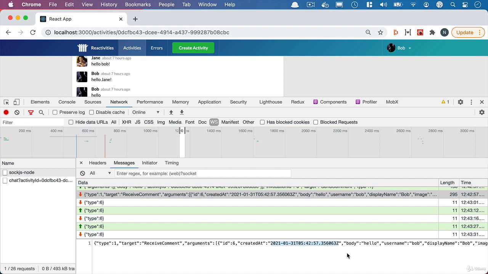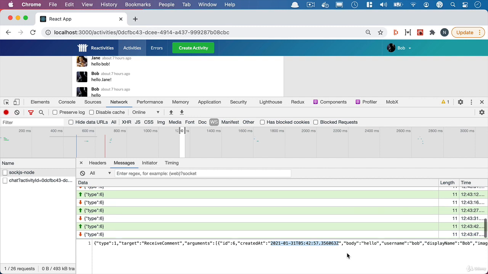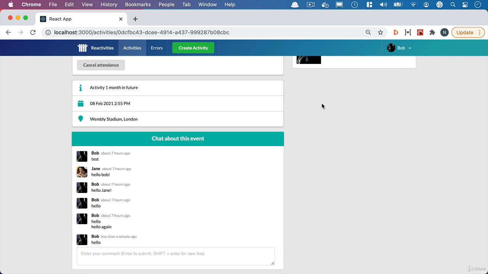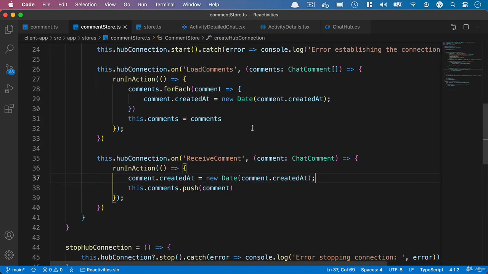So we've got correct information for our comments that we add, where it's not being retrieved from our database. But when we get the data from our database, then it doesn't append the Z to say it's UTC time. Like I say, that doesn't make a great deal of sense to me. I'm sure there's a reason behind this, but there's a simple solution to this. And what we can do is we can go back to our comment store, and where we see where we're loading comments, then what we'll do is we'll just manually append the Z, and we'll just add the comment.createdAt plus Z,